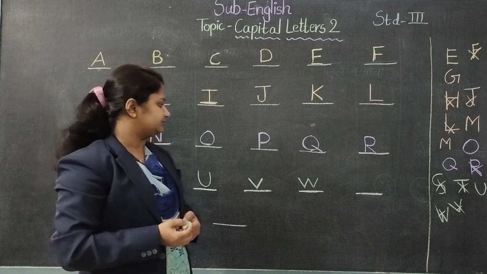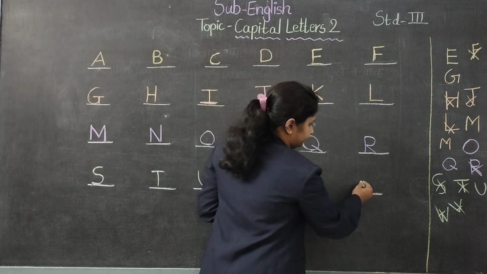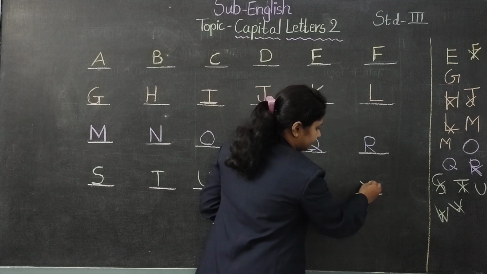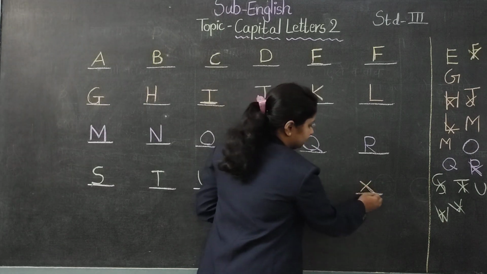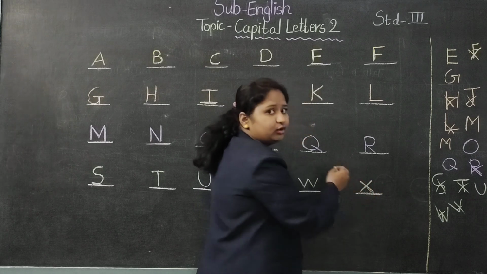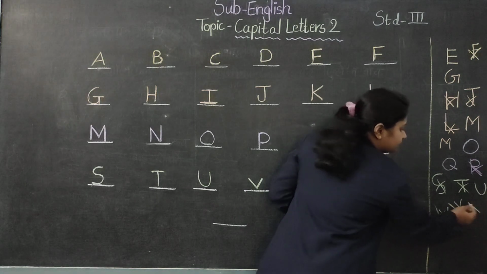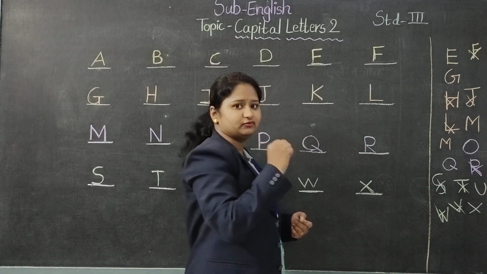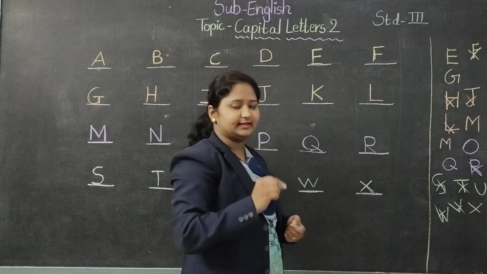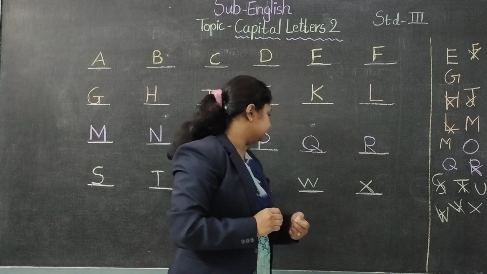Now for the last, X. See how I am writing letter X? Have you seen this? From upper to down and again from upper to down. Okay, what do some of the students do? They start from upper to down, but they again make a mistake which goes from down to upwards. That is wrong. We always have to start from upper to down.